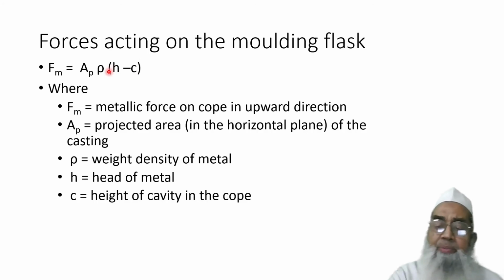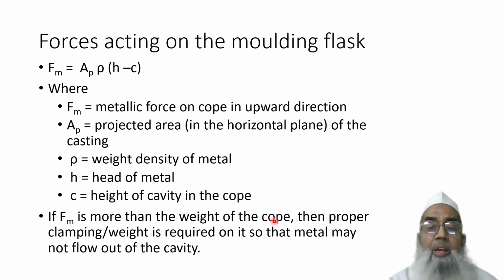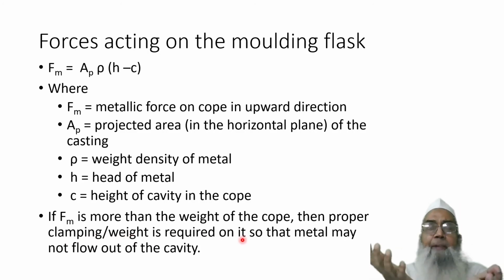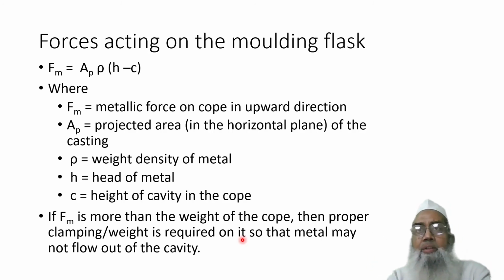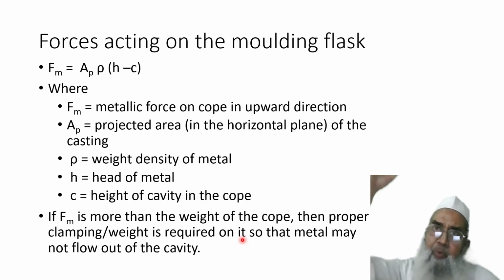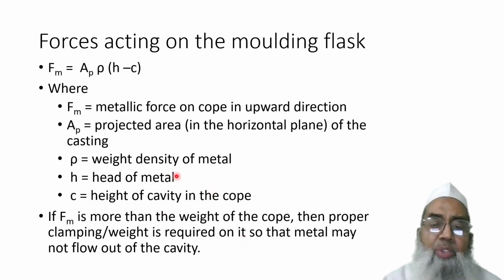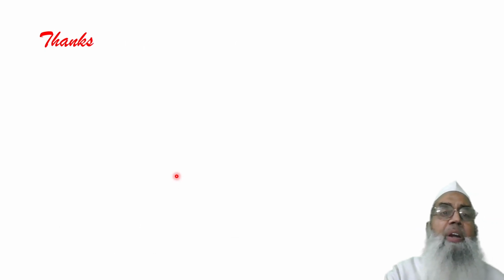Now, if this buoyancy force is more than the weight of the cope, then proper clamping or weight is required on the cope. Otherwise, it will lift the cope and the molten metal will flow out. Therefore, we need a proper weight or clamping of the flask, so that this buoyancy force may not lift the cope, and that is to be calculated accordingly. Thanks for hearing. This is all about the design of the